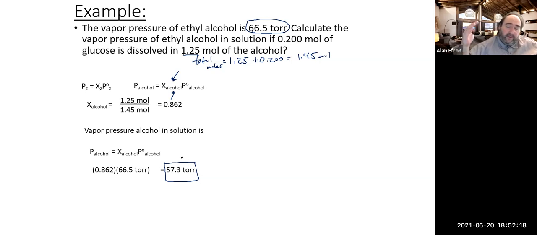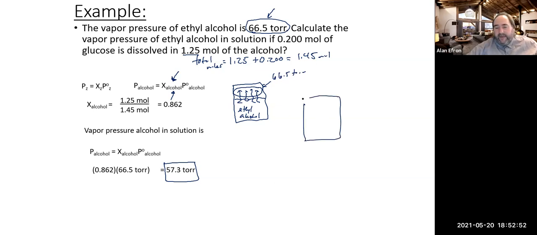What does that mean? It means that the vapor pressure went down. It started at 66.5 in its pure form. Why did it go down? It went down because of what we've been talking about. If we have just ethyl alcohol by itself, it's going to naturally evaporate and create some gas molecules above the liquid, creating our vapor pressure of 66.5 torr in a normal situation. We now take our same ethyl alcohol,